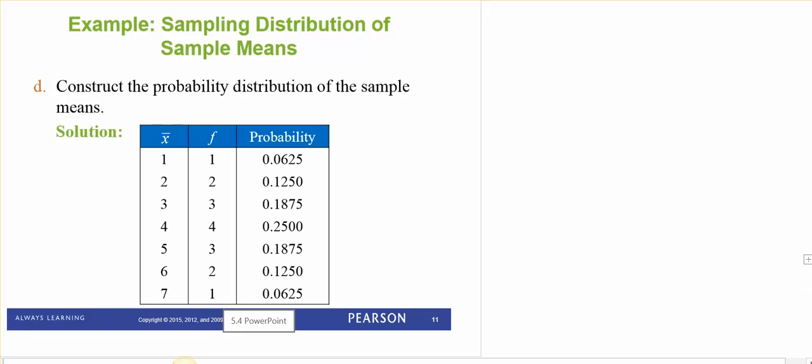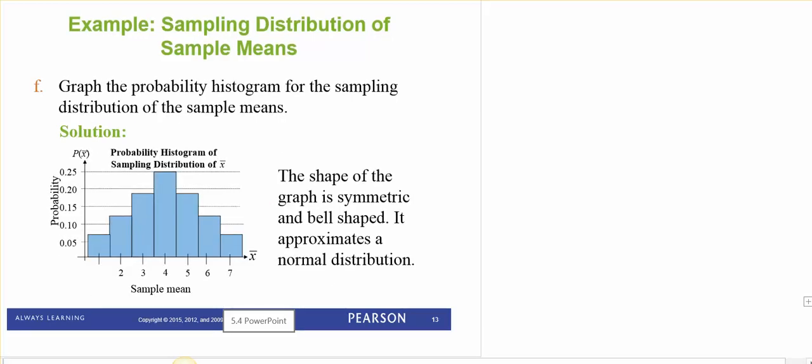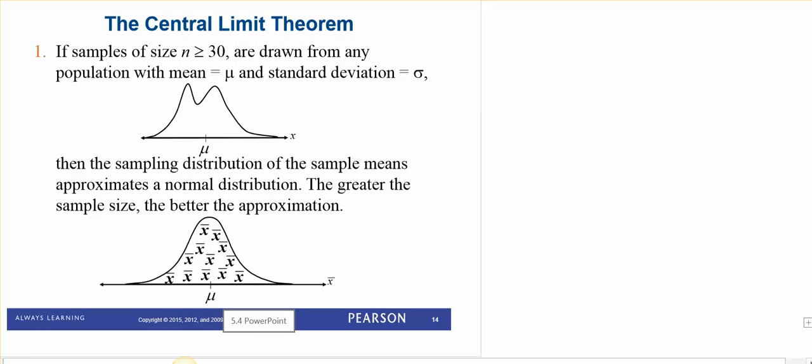Now they're constructing a probability distribution because they have nothing better to do with their time, and yes, I said it. And they show you that this actually works. So yee-haw for them. We're so proud of them. And they graph it. And if you notice, the graph is symmetric and bell-shaped, and it approximates a normal distribution. So how awesome is that? So here's our central limit theorem. So they go through